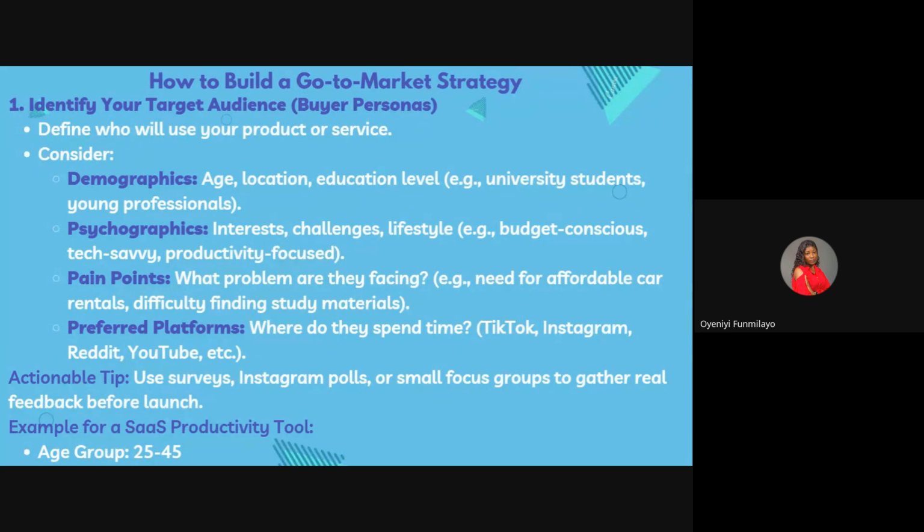Then, if you want to identify your target audience, ways you can do this are user surveys, Instagram polls, and small focus groups to gather real feedback before launch. So the way it works for a user survey is, imagine that time when you are gathering feedback for your product, right?